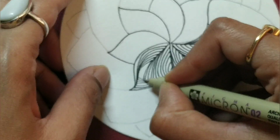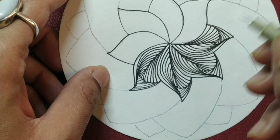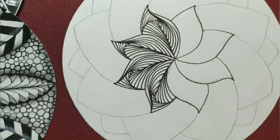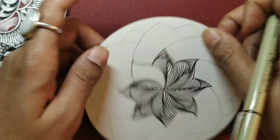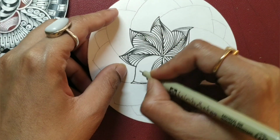So just take your time. It's a true meditation, the sequence of lines that you follow, right? So I am going to go on like this. So I am now on the last petal shape,